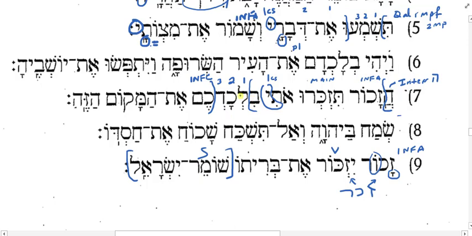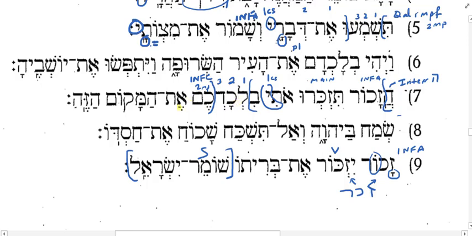Okay? When I have a bet attached to an infinitive construct, I'm going to translate that bet how? While or when. Okay? It's temporal. While or when. So, will you really remember me when? Now I have a pronoun. I'm going to use that for my subject. When you, this is 2MP, you all, when you lakad, when you